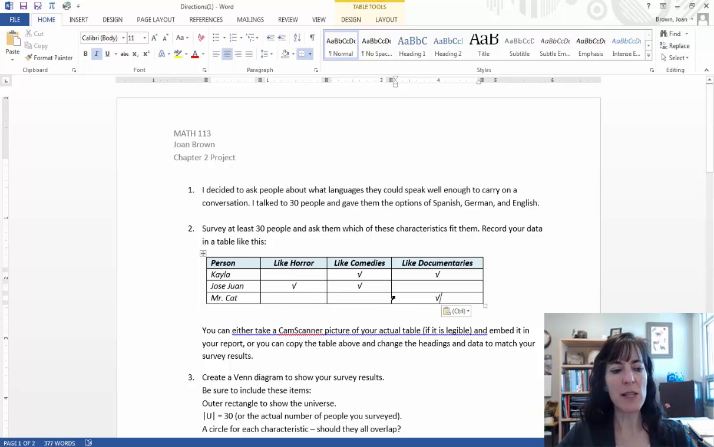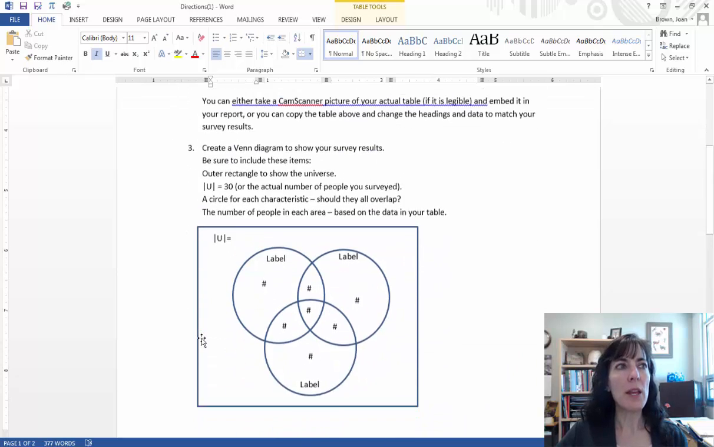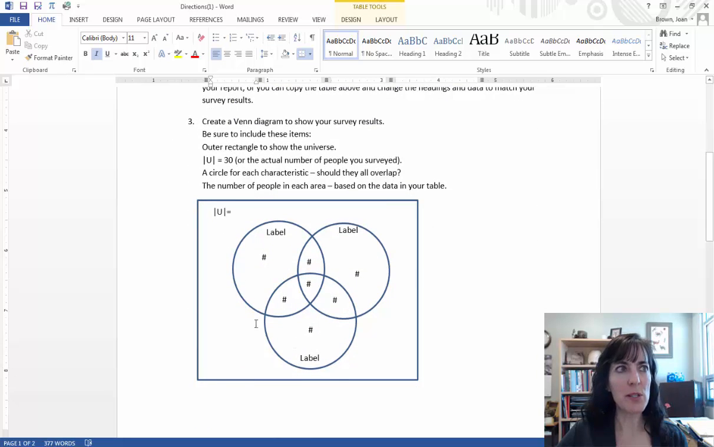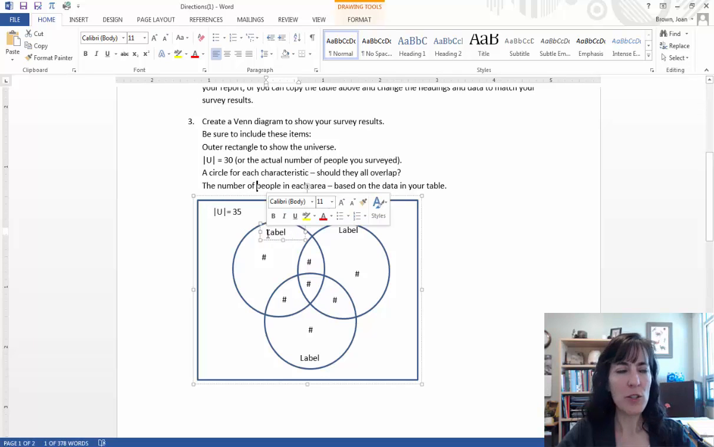When you're in the last cell of the table, if you hit Tab, it'll give you a new row and you can add information for the next person because you'll need to do that for 30 people. Then you need to tally up your results and you'll want to make a Venn diagram. I recommend you do a tally on a sheet of paper and then come here just to put the numbers in. So however many people you ended up with, 35, you can come here and change this label to likes